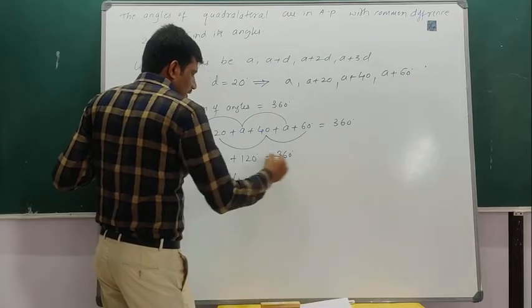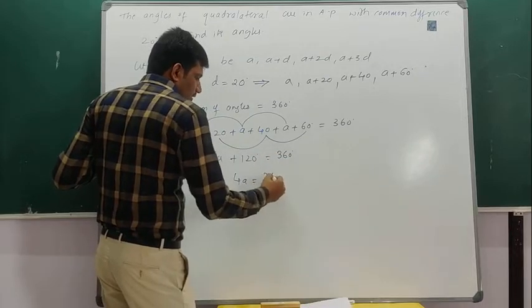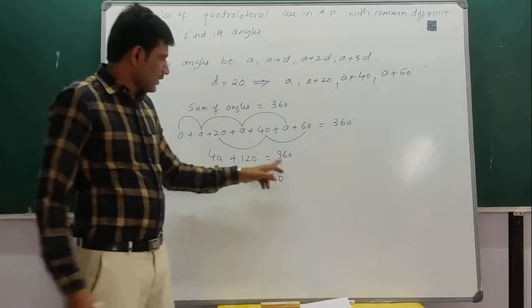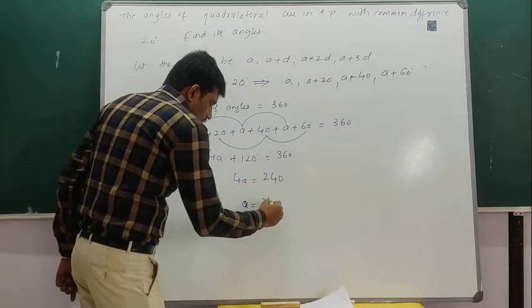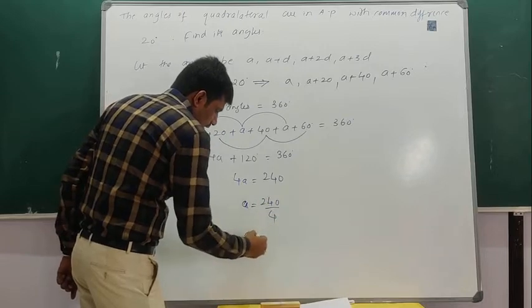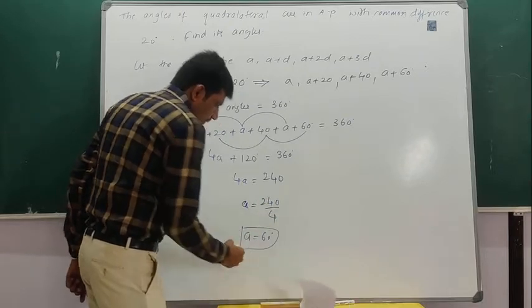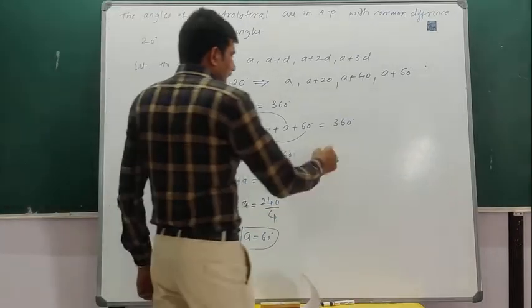Then 4A, 360 minus 120, how much is it? 360 minus 120 is 240. Then what is the value of A? That is 240 divided by 4. So the value of A is 60. Therefore the required angles are